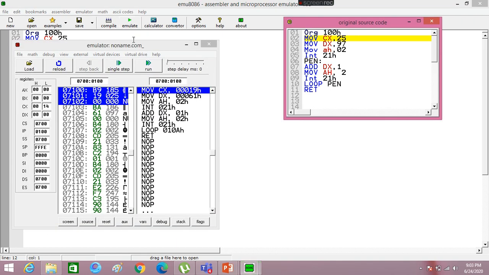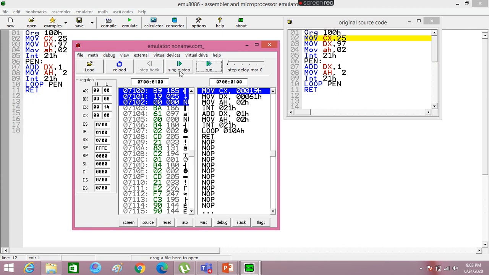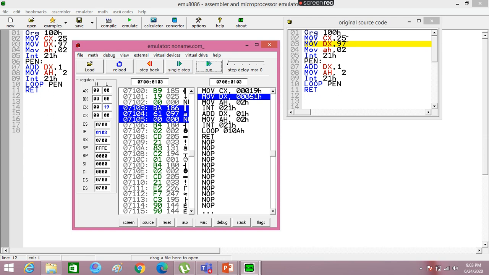Now I'll perform it. I have already roughly introduced each and every step of this program. Now I will execute single step emulation so you can see more precisely how each program instruction executes. MOV CX, 25. I have already told you that in the loop, 25 letters are going to be printed on the output screen, because A is outside the loop body, so A is not included in the loop body.